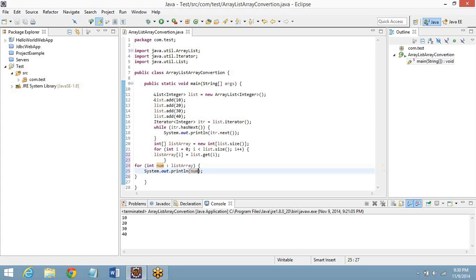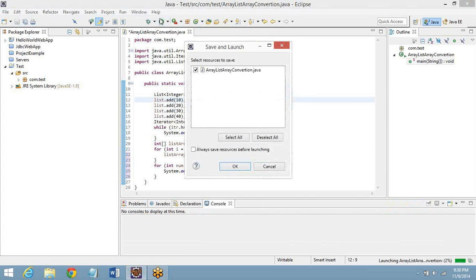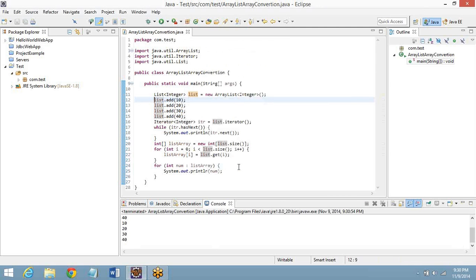But here what we have done is we are not using any of the collection facilities. If you run the program, we are right. List is a collection here. No, I said collection facilities, not collection methods. I'm saying you are not using collection facilities for conversion, not for creation. You have to use it for creation because the concept is that. The question is that. So now what we are going to do is,